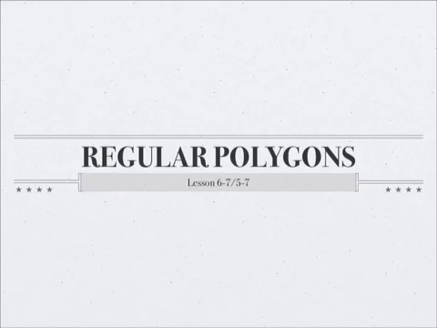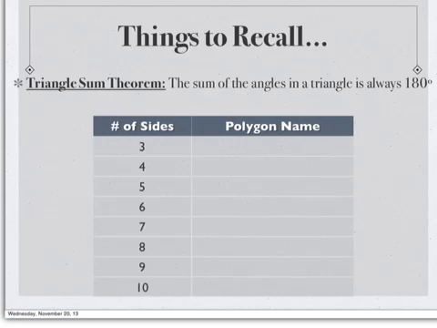activity from last night. So first of all, some things that you should remember. The triangle sum theorem, you learned this way back when, but just keep in mind the sum of the angles in a triangle is always 180 degrees. Okay, so every triangle has 180 degrees. And if you did the activity last night, you probably saw why that was an important fact for you to